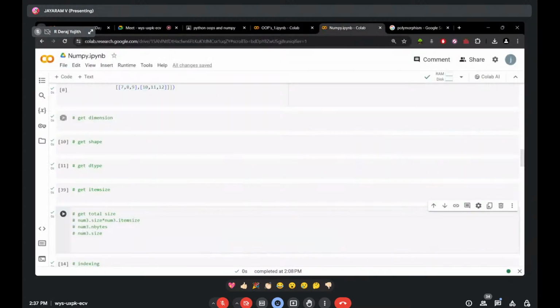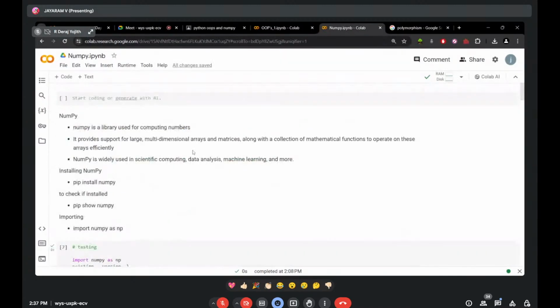Yeah. So, about NumPy. Yesterday we had discussed a simple hint of NumPy, and our teammate Yashwant has discussed a simple intro of NumPy. Let's start with NumPy. What is NumPy actually? NumPy is a library used for computing numbers, or you can say NumPy is a library used for numerical computation, right? It provides support for large multidimensional arrays and matrices along with mathematical functions to operate on these